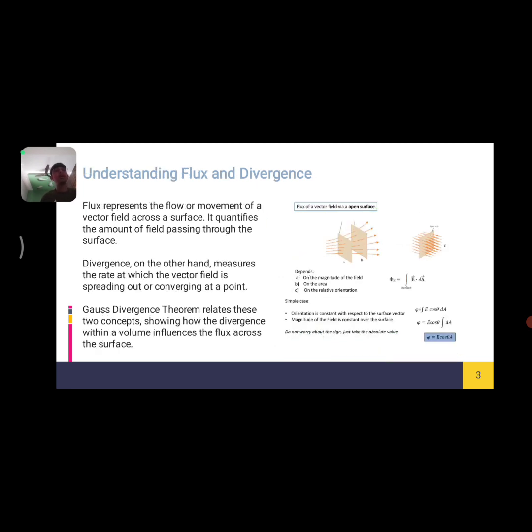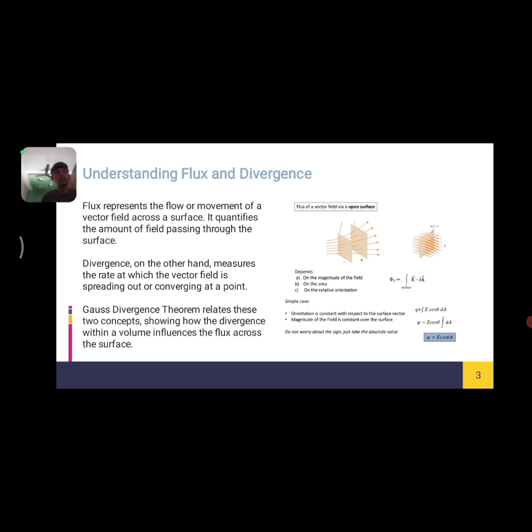Understanding flux and divergence. Flux represents the flow or movement of a vector field across a surface. It quantifies the amount of the field passing through the surface. Divergence, on the other hand, measures the rate at which the vector field is spreading out or converging at a point. The Gauss divergence theorem relates these two concepts, showing how the divergence within a volume influences the